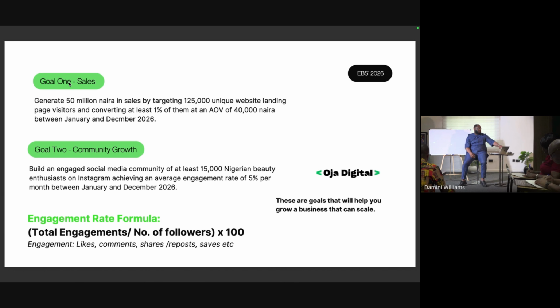So look at the next one now. Generate 50 million naira in sales by targeting 125,000 unique website landing page visitors and converting at least 1% of them at an average order value of 40,000 naira between January and December 2026. So you see, now, just the first one is now making it way more specific. So now it's really, really sales-led, right? And this is why